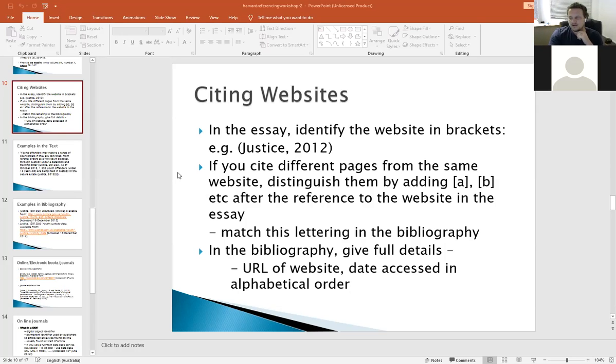So it says that, okay, it may have changed, but at least you've told us when you accessed it. So, and again, the URL of the website. It's almost impossible to find a website based on a description in a bibliography. Almost impossible. I've tried, it doesn't work.